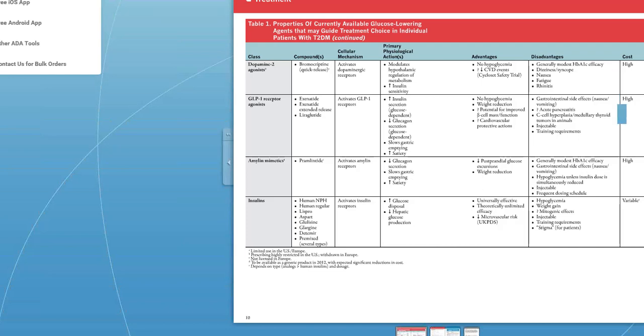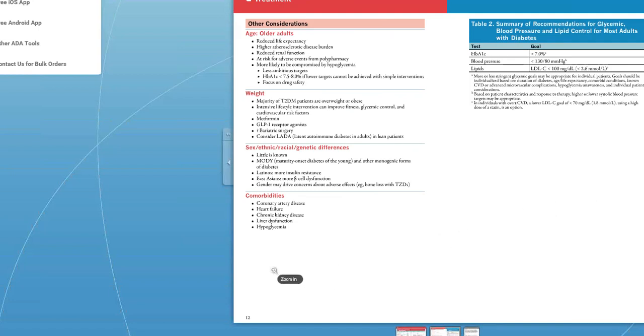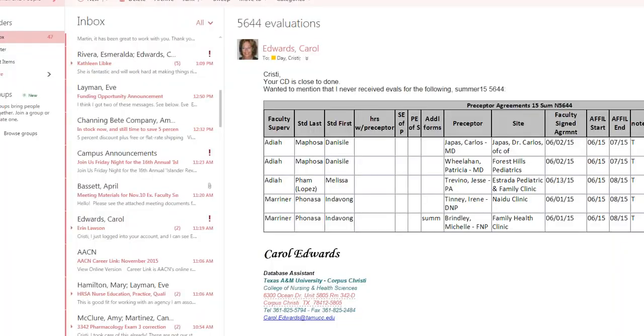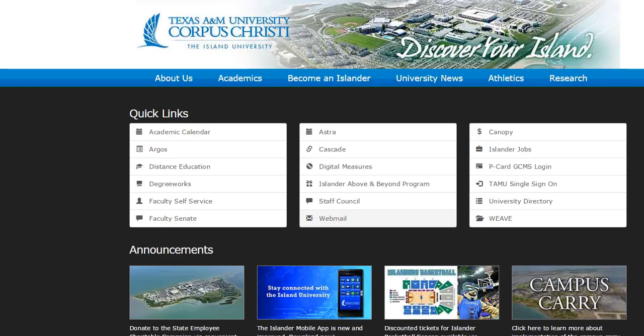But on our particular test, we're not going to have a lot of drugs, but just zero in on the classes and the major risks, the things you're really going to worry about with your patients for those drugs. And we're not going to be doing dosage, but I don't know. You can look at some of the review books for the boards and see if they're testing on dosages and things like that. They might get a little more specific.